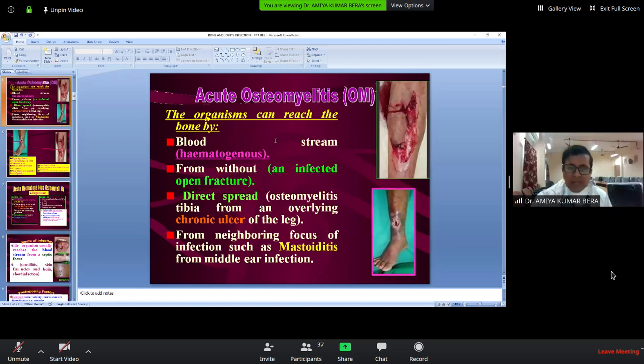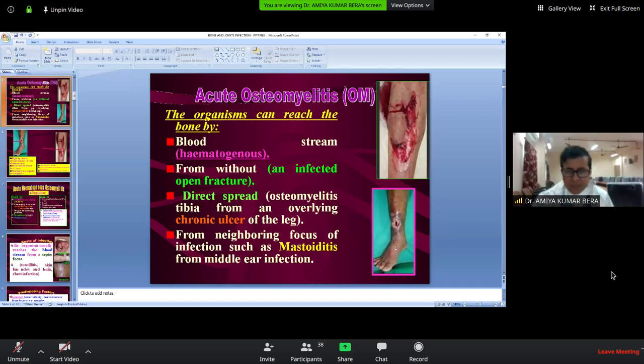It can also occur from exogenous sources, like in case of fracture on the right hand side, you can see the fracture, as well as some chronic infection leading to underlying soft tissue infection, or in case of mastoiditis where the bone is also involved. Secondary, exogenous. This is a clinical example.